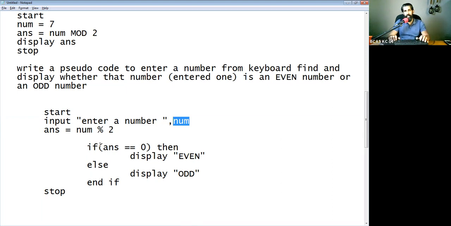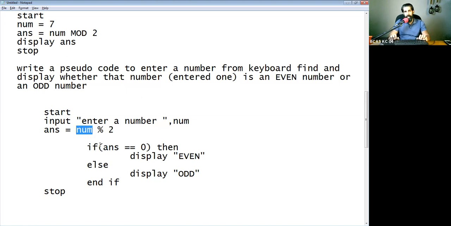So suppose the user typed 7. So answer, number is 7 now. Then next line, we're going to find the remaining value or remainder. To do that, the number that the user entered, we are modulus dividing. All of you know what happens when you do modulus division. It is going to take the remaining value. The number that we are using for modulus dividing is 2. Whatever the number we have here, we're going to modulus divide it by 2 because we want to evenly divide. Equally, we have to divide it into 2 pieces.